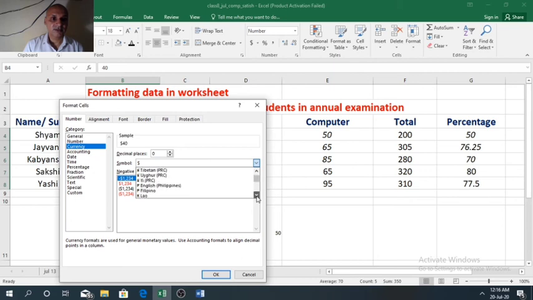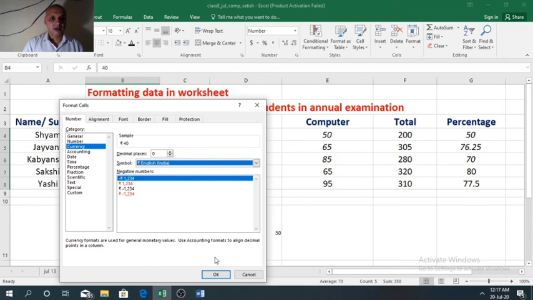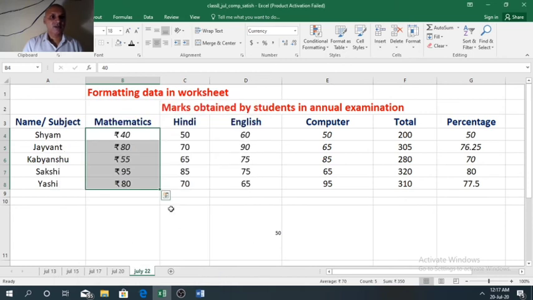It will take some time to search. Here you will find the symbol of all the currencies in the world. Yes, I have got rupee symbol now. Now you can see rupee symbol is applied.